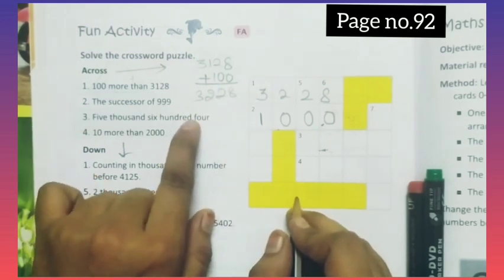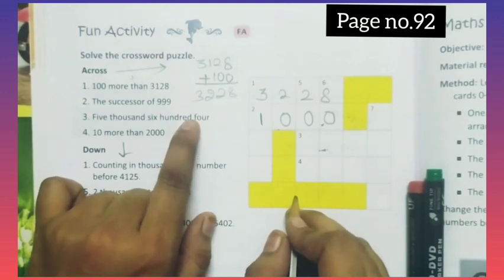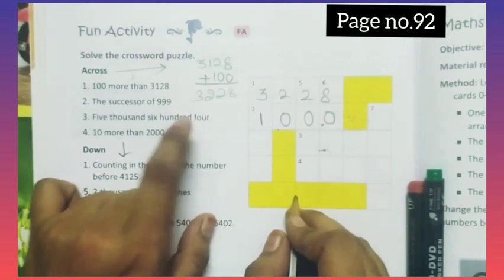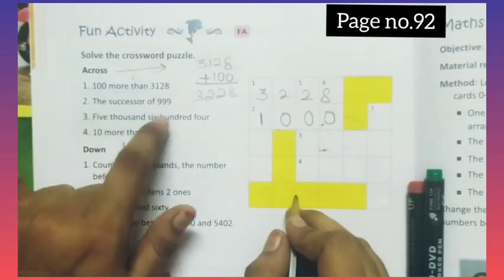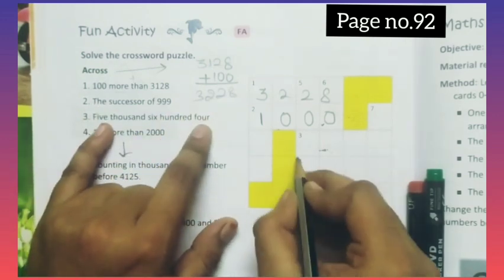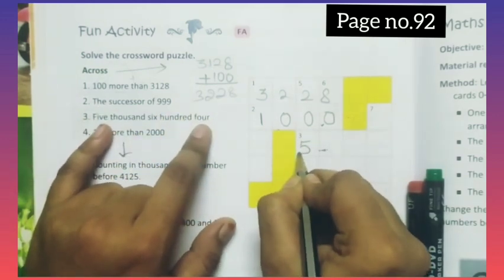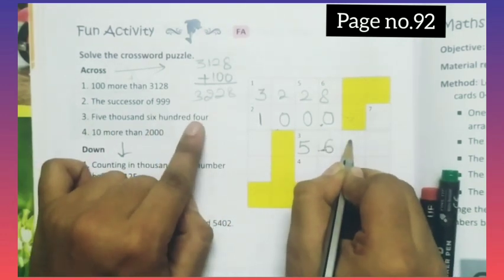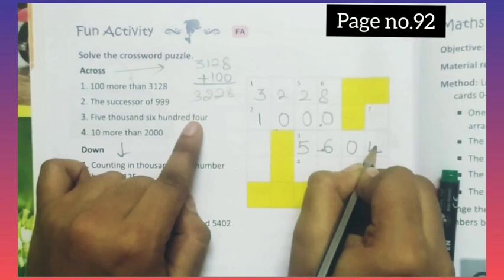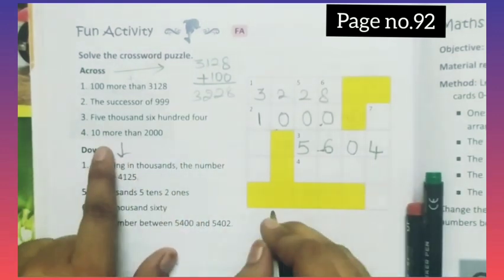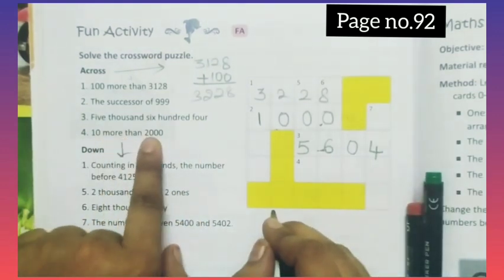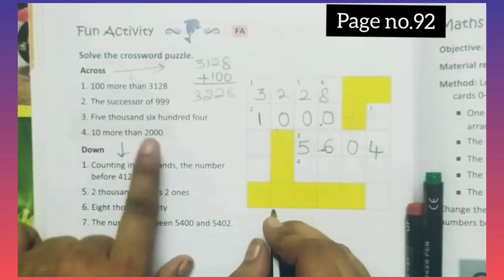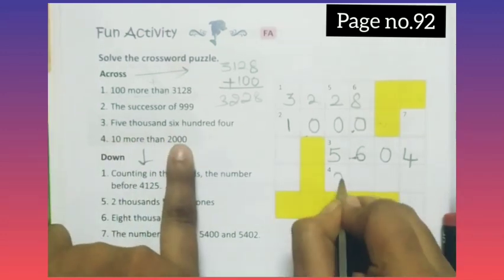Here 40, 30, 20, 50, 60, 70, 80, 90 like this is not given, they simply gave 5604. So 5600, tens not given, so 0, next 4. Okay. 10 more than 2000. Add 10 to 2000, we'll get